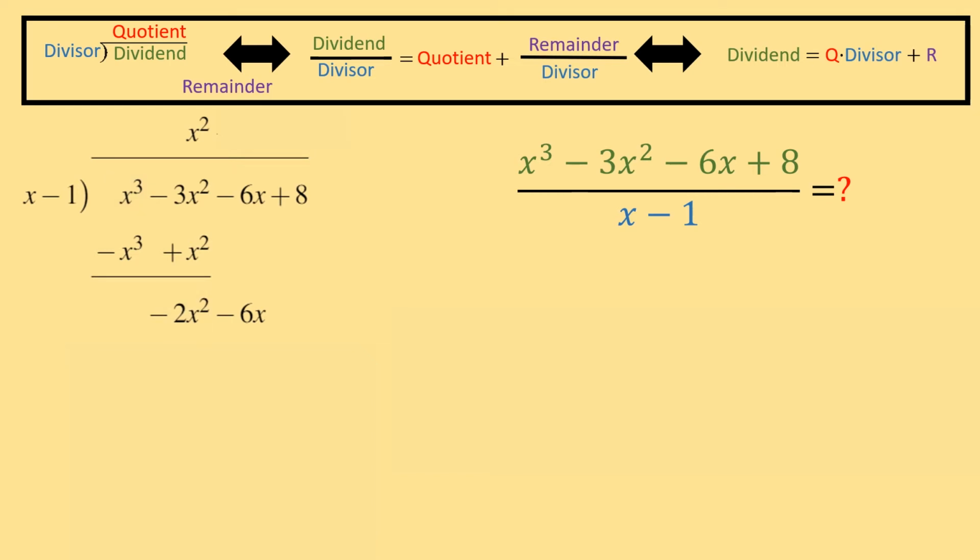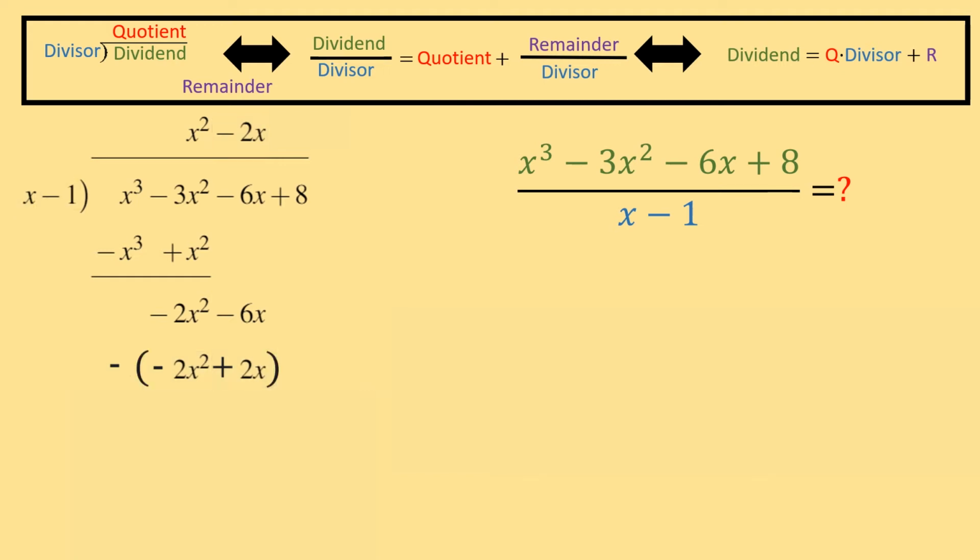That is, we're going to take the x that's in our divisor and say x times what will get me negative 2x squared. And that would be negative 2x. So I put negative 2x in our quotient, and we're going to put that above negative 6x. Now we take this negative 2x that we got, and we now multiply it by our divisor. So negative 2x times x is negative 2x squared. Negative 2x times negative 1 is going to be positive 2x.